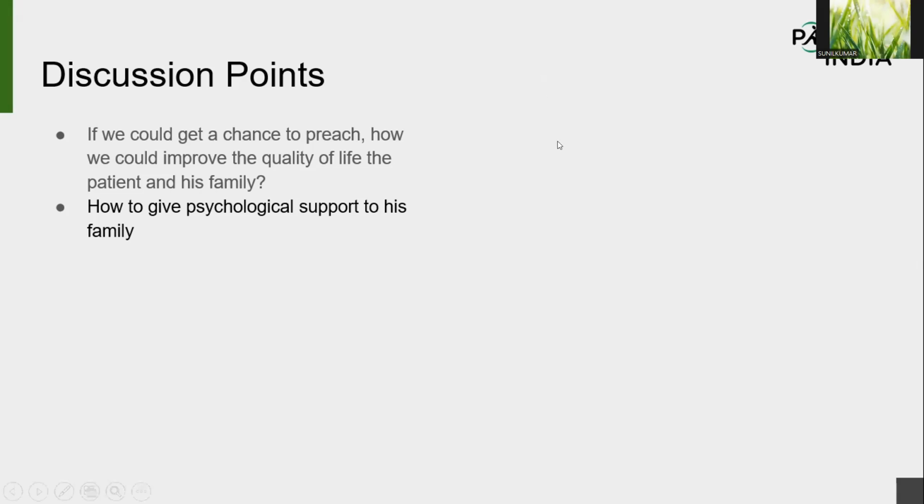What Meenakshi did was a very good thing, because even after the death of the patient, she could call the son and ask about the family, how they are coping, which is a part of bereavement support. And during the treatment, spending time with them and finding out their concerns, and if something can be done, that can be done. That's how we can give them psychological support. There is no shortcut. We have to spend time with the patient and family, find out their concerns, and do whatever is possible.